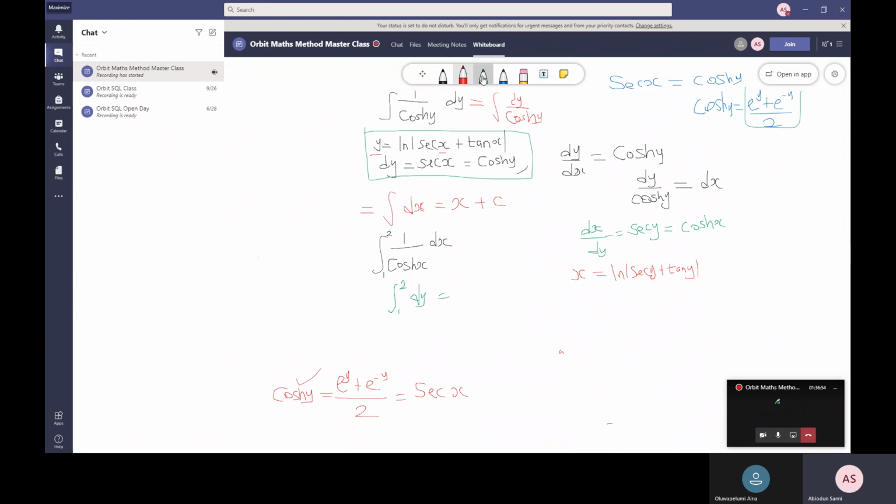So before I do that, this is actually y, but the limit here, instead of it being 1 to 2, the limit is going to be in terms of x. Instead of having y from 1 to 2, I have to write y in terms of x to take this limit, because this limit is for x. So what I need is to make y the subject of the formula, so that I can substitute it here in terms of x. So from here I can say, okay, exponential x is sec y plus tan y.